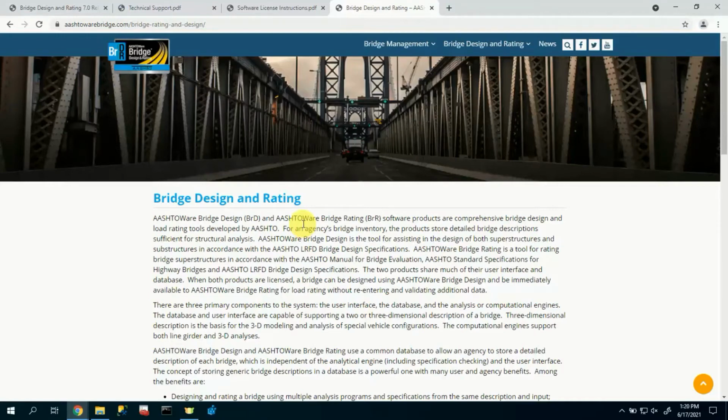This video describes step-by-step instructions for installing Ashtware Bridge Design and Rating. When we send out the installation package of BrDR, we send it to the shipping designee who is specified in the software request form. If the shipping designee is not specified, we will send the package to the end user designee. If you are not able to locate the installation package within the organization, please contact BrDR tech support at